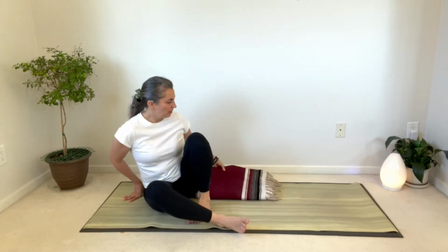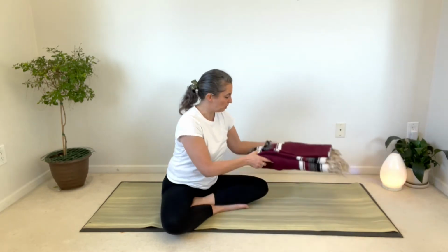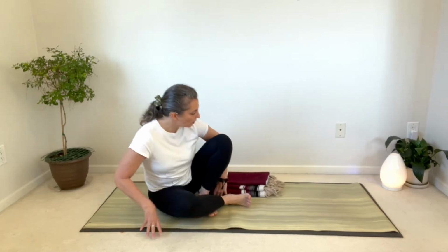So we need to get our knees below our hip points. If we can't get the knees below the hip points, we need to bring the hips above the knees. So having something to sit on for cross-legged is really important. And I'm going to talk about it in a couple of other poses today as well, so you can really get an idea of what I'm talking about. So if you have something to sit on, go ahead and have a seat. I fold it even higher. So I fold it to about here for my cross-legged position, especially for the first one we're going to do,